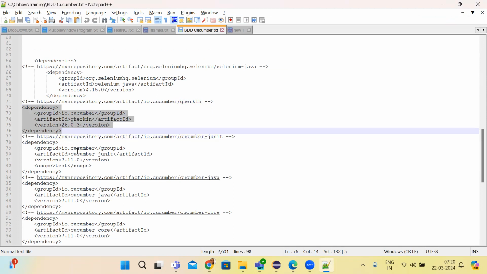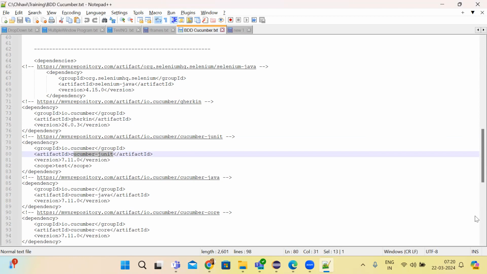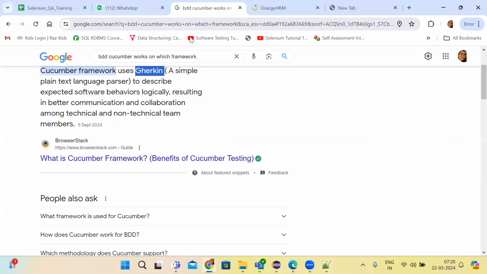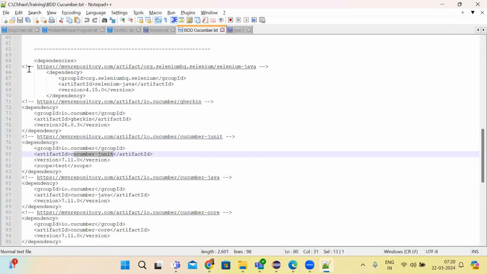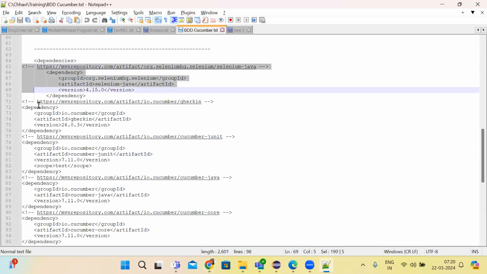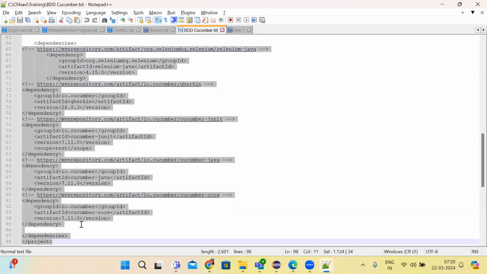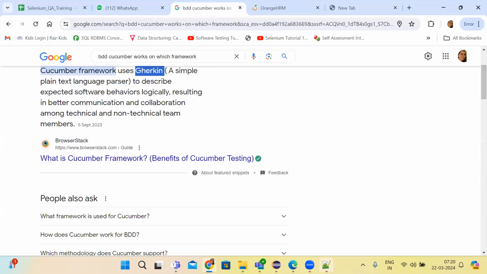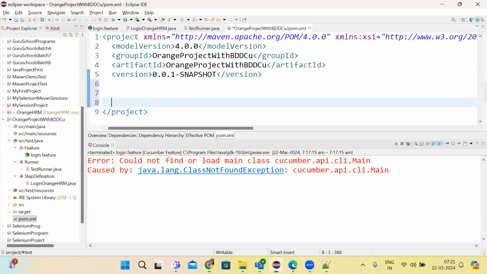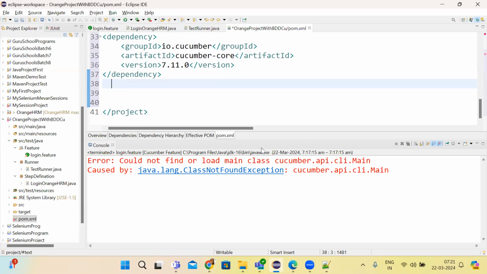Then io.cucumber JUnit. As I've said, that runner runs on JUnit. So all these dependencies we need to add in the pom.xml. I will send these dependencies also to you. So from line number 6 to